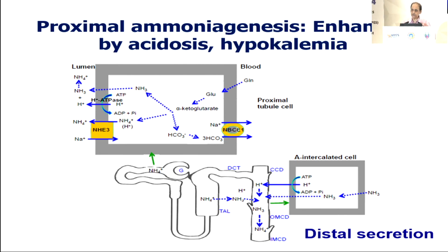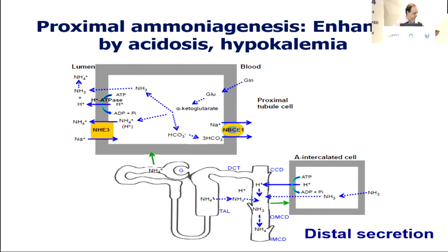As I said, the ammonium ion is the chief ion by which hydrogen ions are buffered in the tubular lumen during states of acidosis. And ammoniagenesis is chiefly happening in the proximal tubule by deamidation of glutamine, and each molecule of glutamine would lead to release of ammonium as well as ammonia, as also bicarbonate ions. In addition, now once you get ammonia that's being passed out in the tubular lumen, the ammonia does go